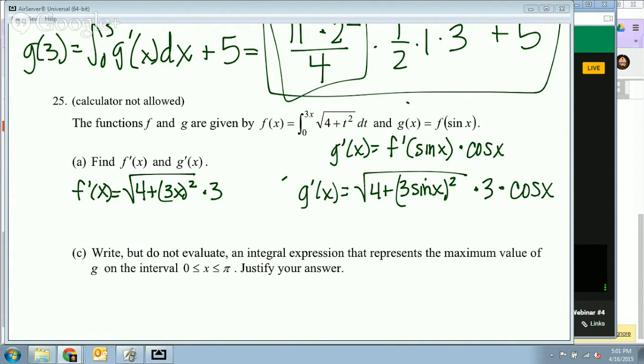And I don't need to simplify it. I don't need to make it pretty. I just need to make sure I put all my pieces together. Okay. So that is how I'm going to take the derivative. Now notice